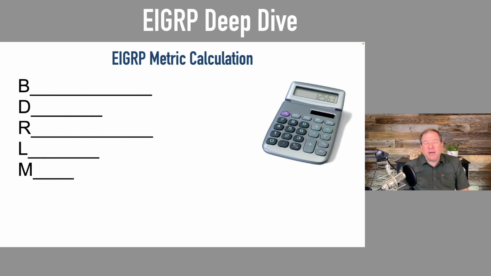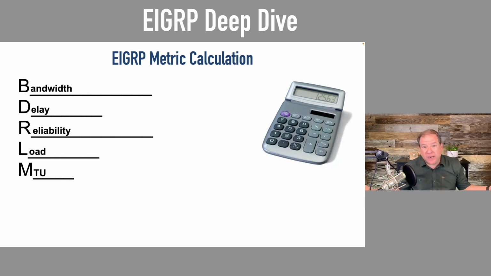Where the B in big reminds me of the B in bandwidth, and the D in dogs reminds me of the D in delay, and the R in really reminds me of the R in reliability, and the L in like reminds me of the L in load, and the M in me reminds me of the M in MTU, the maximum transmission unit. So to give you one of those Disney stories I was telling you about, when I was doing my technical interview for them,